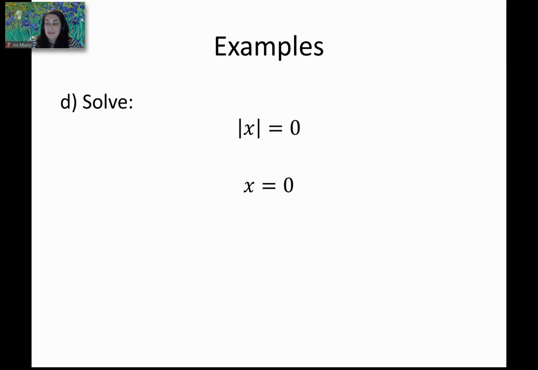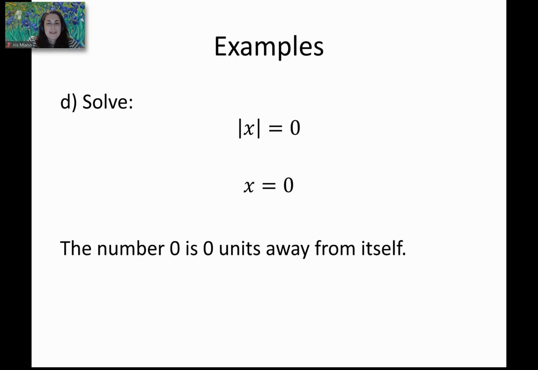It's the fence by which you hold in all the positive numbers and the negative numbers. So it's neither positive nor negative, or both positive and negative at the same time. People have different schools of thought on this. Personally, I think it's neither. That's my thinking. It's the gatekeeper. Okay, so yeah, 0 is 0 units away from itself. It's another way to think of it as far as linking back to the original definition of an absolute